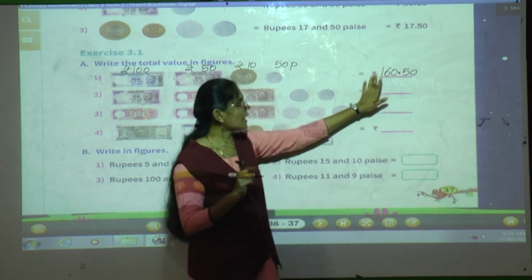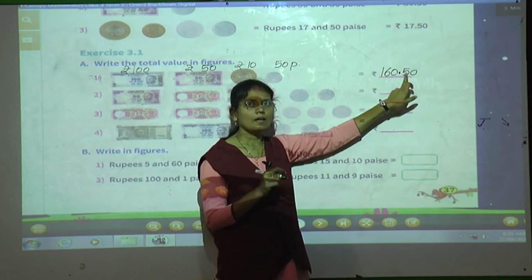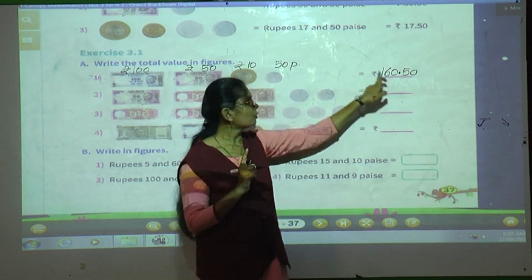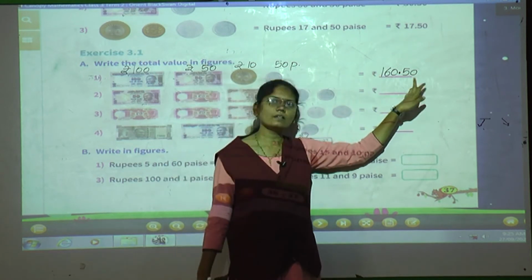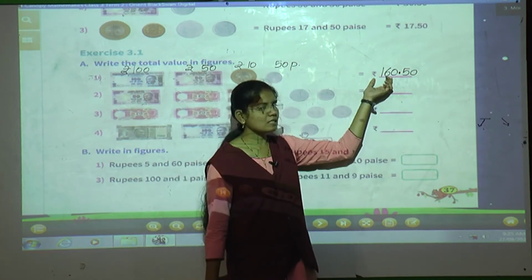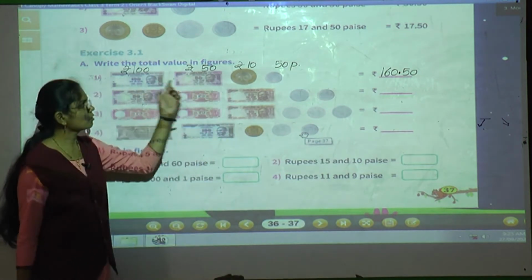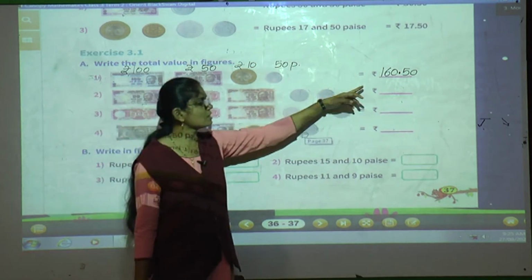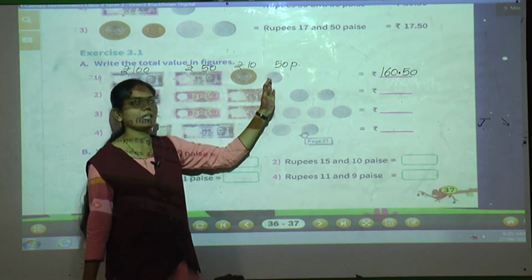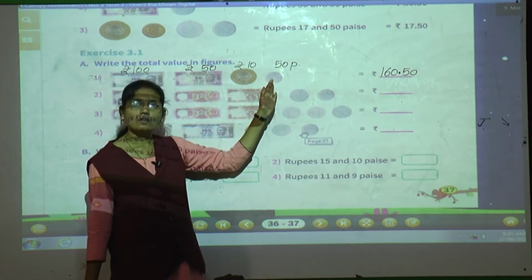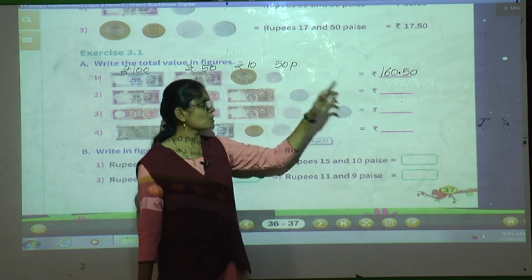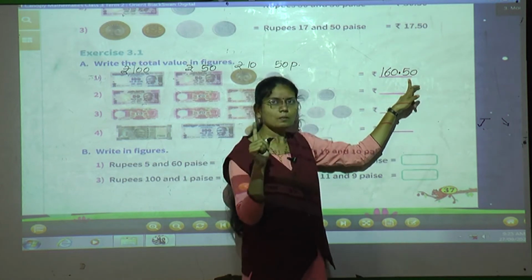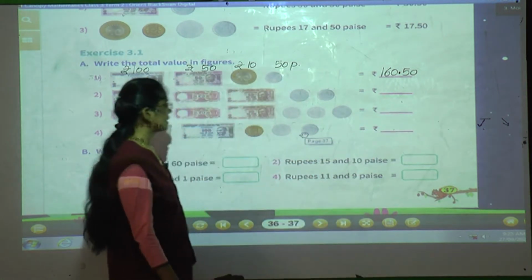Okay. How will you write? Rupees 160.50, and in this way only you have to read. Rupees 160.50. Rupees 160 means these are the rupees we have to add. Okay. So here we got the 160 and 0.50 means here 50 paise. One coin is there of 50 paise. So here you have to give dot or point and then write the paise. Okay. Next,